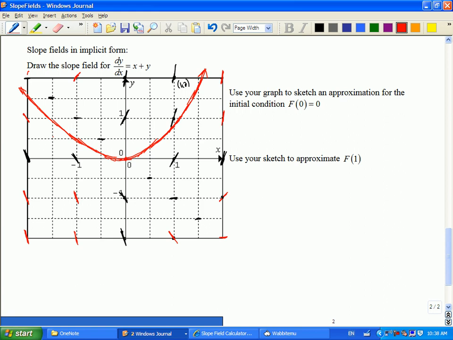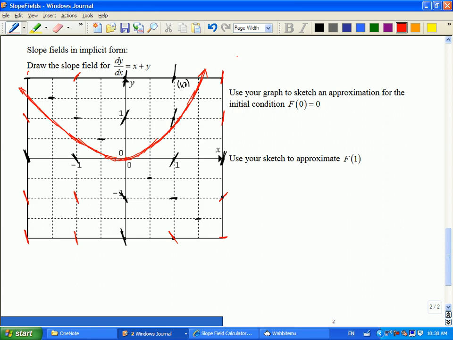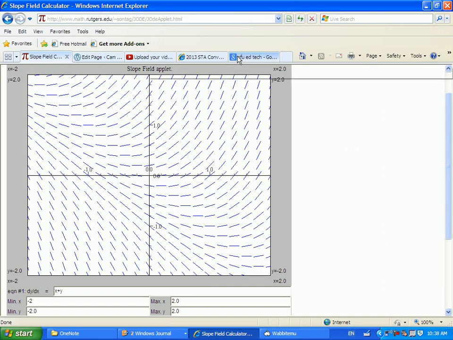And my picture sort of shows that, right? It starts to level off flat here, which is good because that's what happens over here in the computer model, right? They obviously can draw a lot more slopes. And then it's curving up this way, which this graph is also doing. So if you're not sure if your picture is accurate, you can fire it in this to get more points